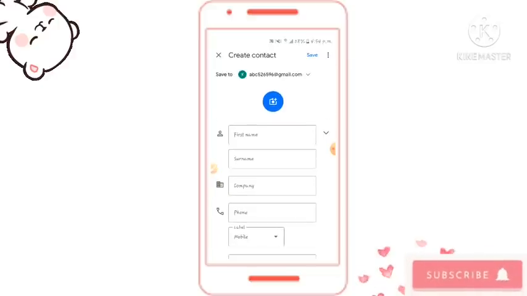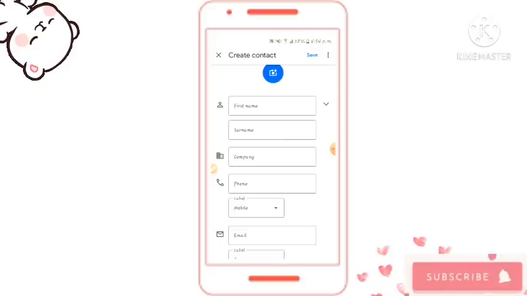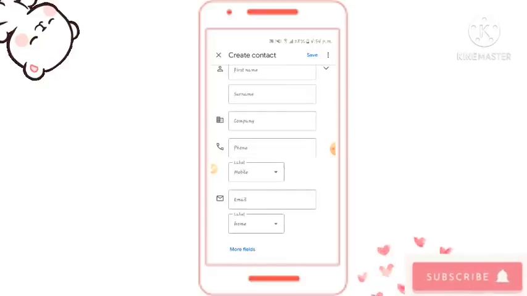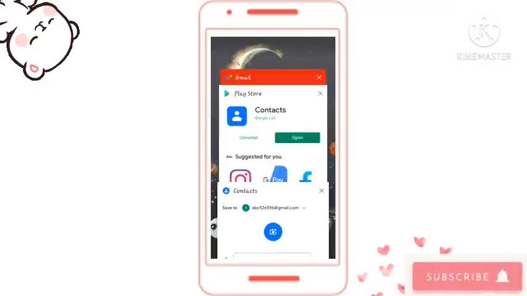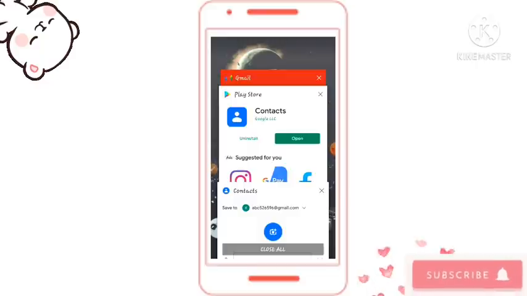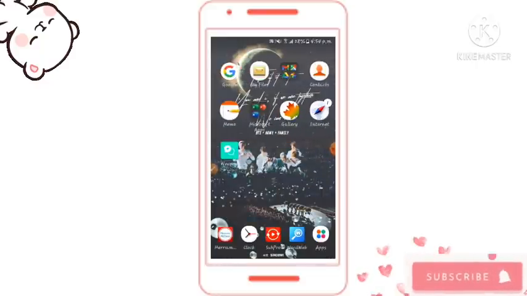So I'm just going, now you have to go back to the app. You didn't have to clear the recent screen. You just need to go back to your Google. You have to go to your Google search engine. After that, please do not clear the recent screen. Just leave it as it is.